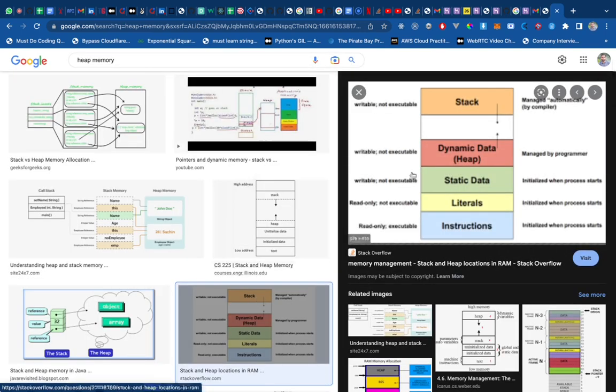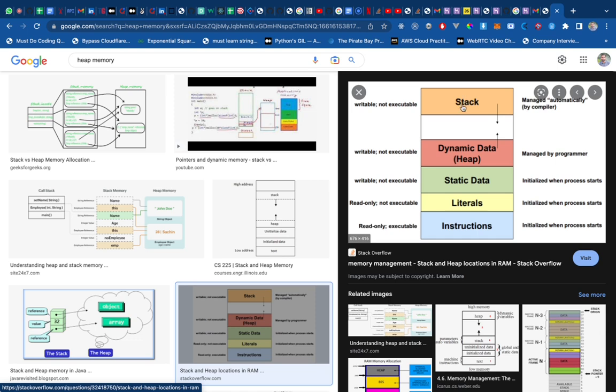Okay, this will do. So you can see that this is the stack. In the RAM, your program will be loaded into, let's say, 3 MB, 4 MB of RAM, and this is how the logical separation is done. Instruction or the code is written here. All the global functions or global constants are stored over here. This is the static data. Remember public static void main. These come into the static part, and stack is used for